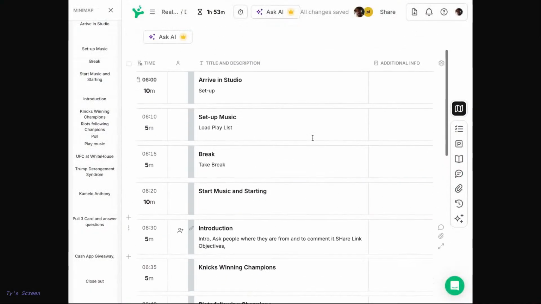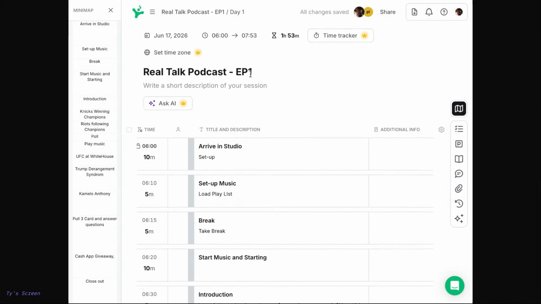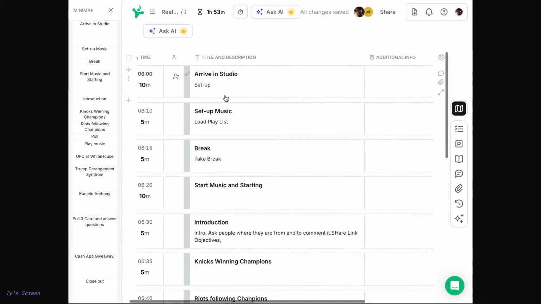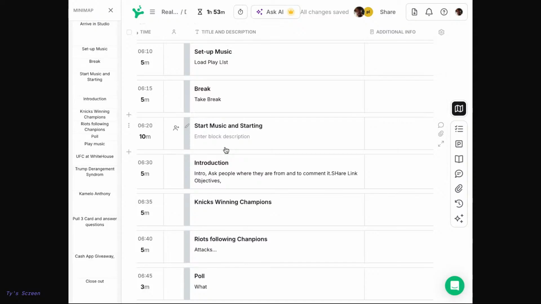And again, that one is called Session Lab. And I'll show you again. Share screen. So that one. Yep. Share. All right. And again, so we do Real Talk Podcast episode 1, and I can continue using this forever, right? Have the same setup. Arrive at studio, set the music up, take a break, start music, and starting soon screen,